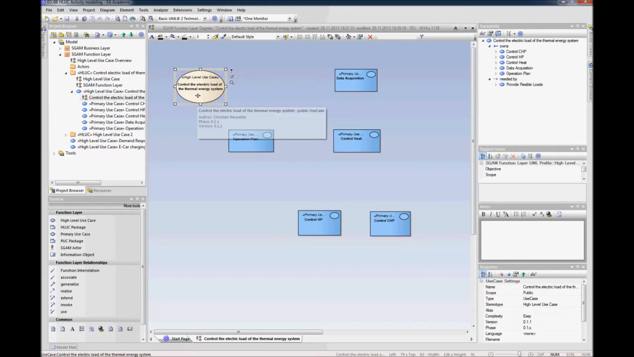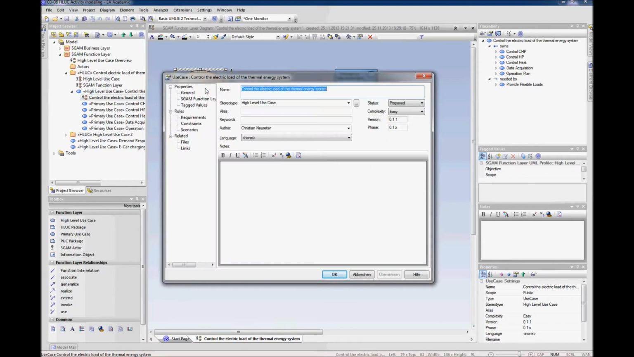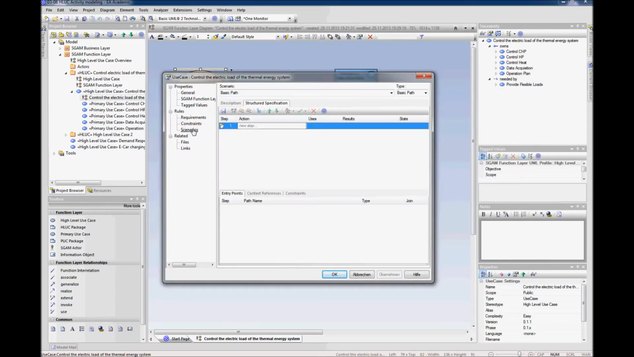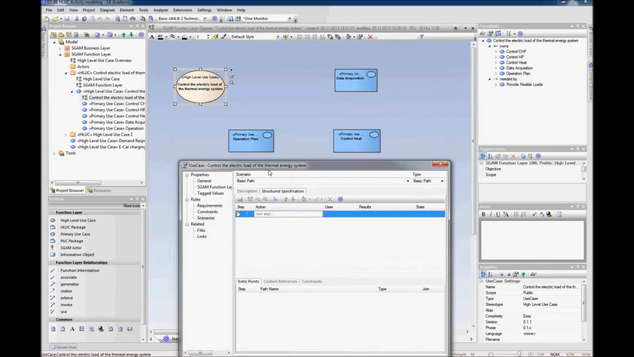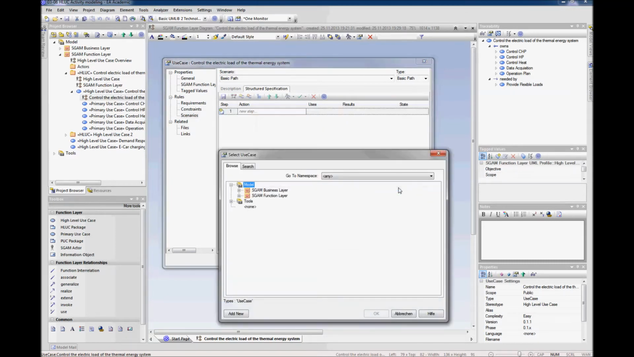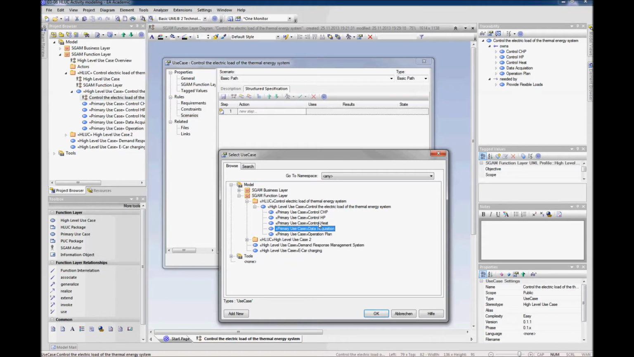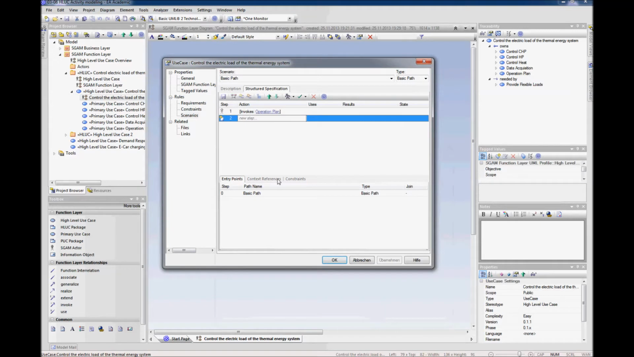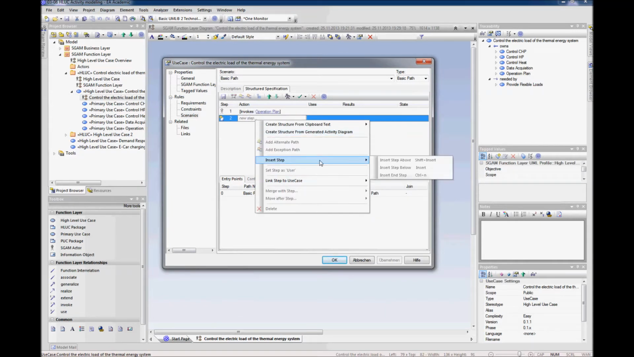So the first thing is I open the properties of this high-level use case, then I open the scenarios tab and I show which primary use cases are invoked. It's quite easy to do by just right click and say link step to use case, and now I can select which primary use cases are invoked. So I navigate to the primary use cases and select all of them. This means the first one is data acquisition. Oops, sorry, it's the first one is operation plan. Then we have invoked